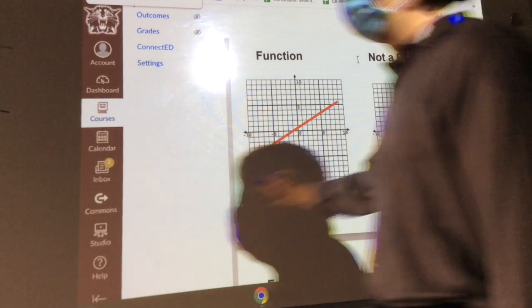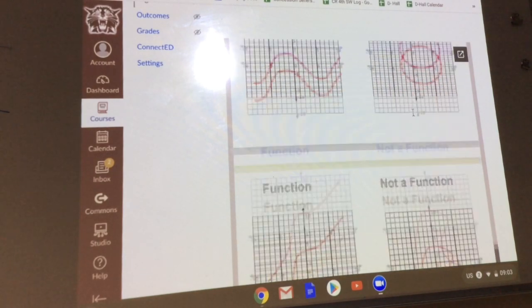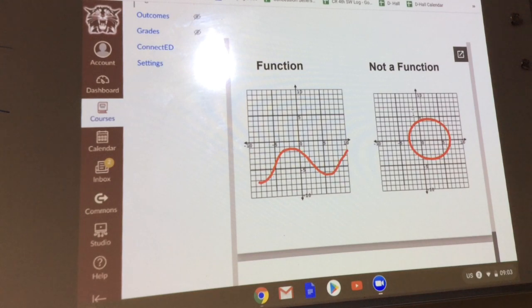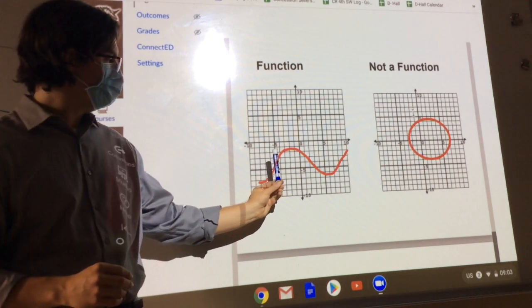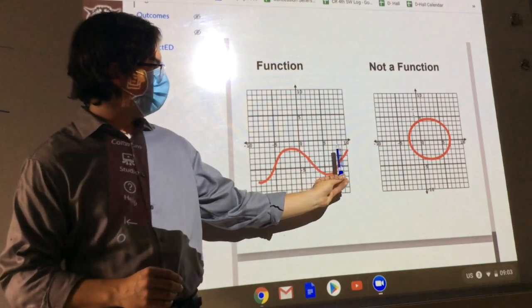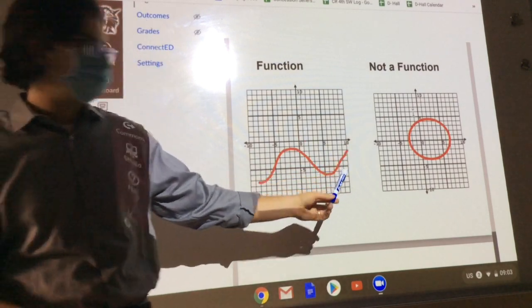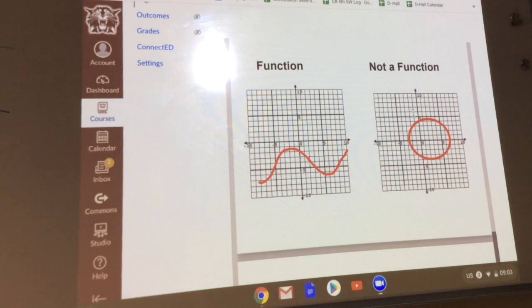So we're good there? Function versus non-function. I think I got 1 or 2 more examples to show you. Okay, here. This is not a straight line. But if I do my vertical line test, it doesn't matter. It's still continuing to move the entire time. Still a function. Over here, now, one issue that my students had last year is when I was showing them this,